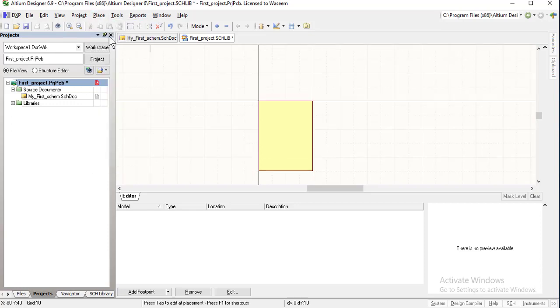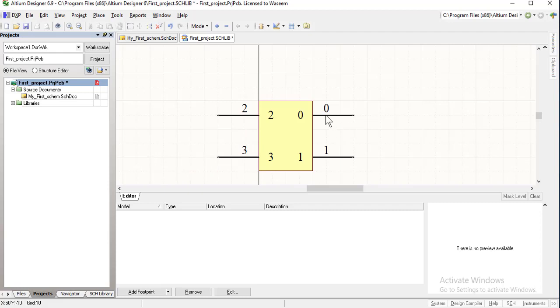Then we can place a number of pins. If we would like to place pins on the left side, we need to rotate the pin by pressing the space bar. So press the space bar 2 times, and the pins have been rotated. Now we have placed 4 pins.